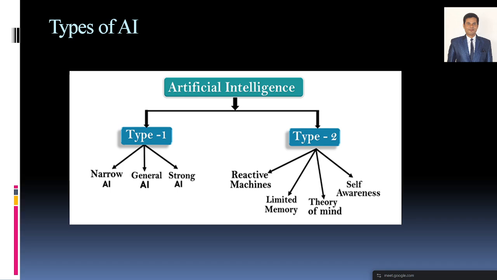Strong AI is different from general AI. In strong AI, it will try to understand the database of each employee, the employee ID, and performance, right? Login, logout, everything it will try to analyze. Based on that, it will make the prediction models. So here we have the types. We'll study only type 1, right?